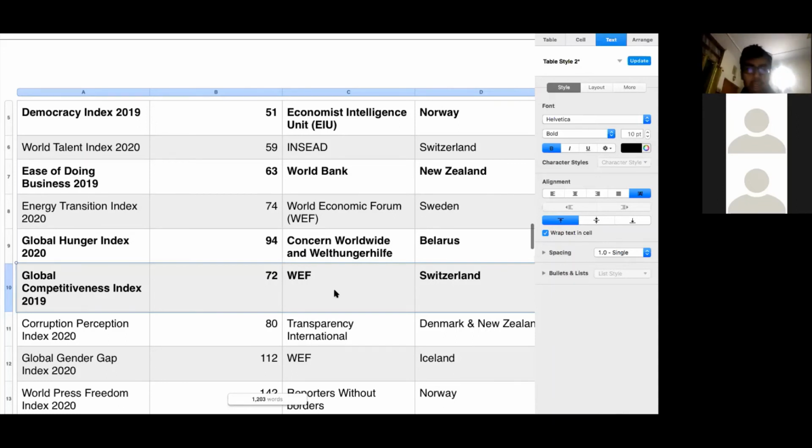And according to this ranking as well, Switzerland was ranked the top country in terms of being most competitive economy wise. That is, Swiss economy is the world's most competitive economy. That is, its industries and its different organizations, different businesses are the most competitive in the world. So India was ranked 72.